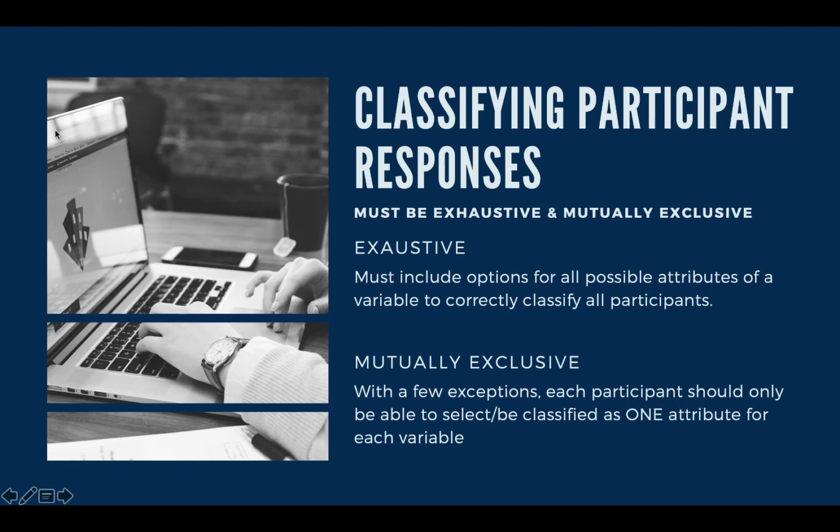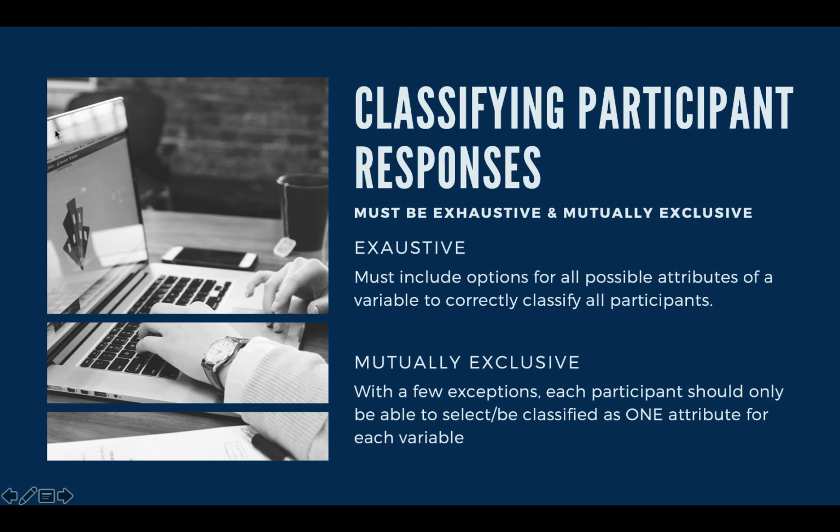These attributes also have to be mutually exclusive. All your participants must be able to choose only one attribute for each variable, with a few exceptions. So what this means is that if you're taking a survey of people and you're giving the exhaustive list of political party affiliation, so every possible political party affiliation, you have to ensure that there's no overlap in the attributes you're giving. You want to exclude the possibility that they're going to have overlap in their responses. Participants should only be able to identify one category to which they belong.